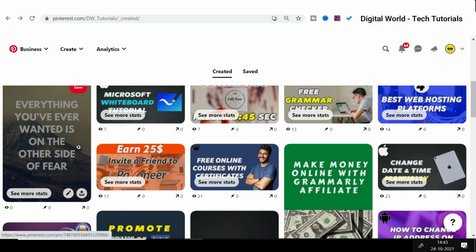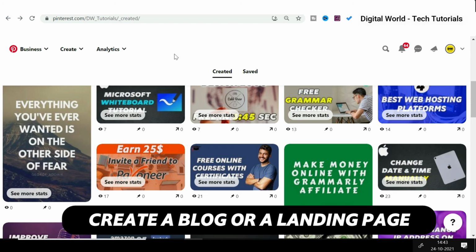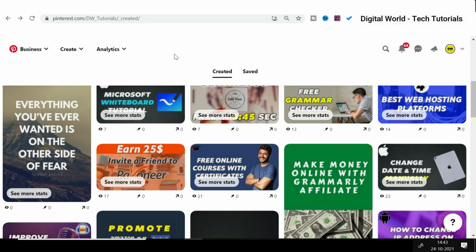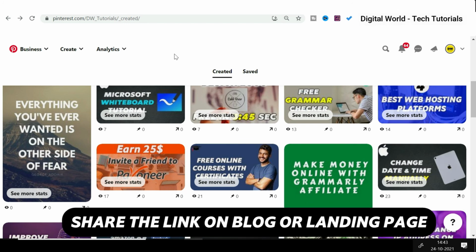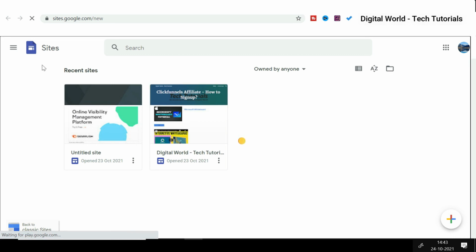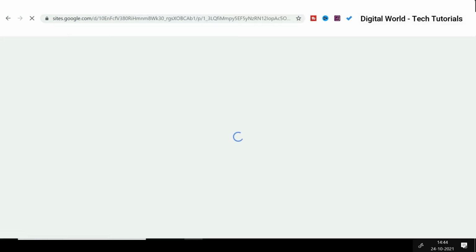You can create a blog or a website, or you can even create a landing page, and you can share that affiliate link onto that blog or landing page, and then you can share that blog post link to Pinterest. And if you don't want to spend money on your blog, you can create a free website on